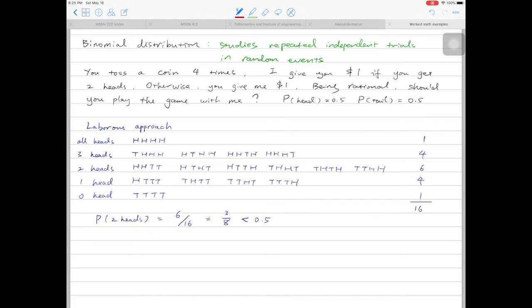What if I ask you to toss a coin for 10 times and I give you $1 if you get 5 heads? Otherwise, you will give me $1. Will you play the game or not? Then the table we drew up here will expand to a very large size. What we can do is use the binomial distribution equation, or binomial distribution formula, to solve this type